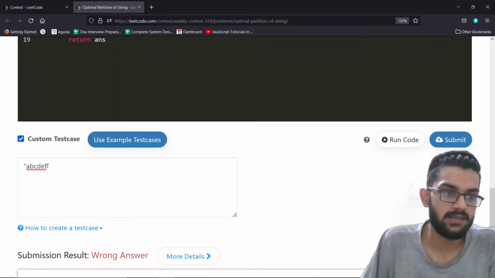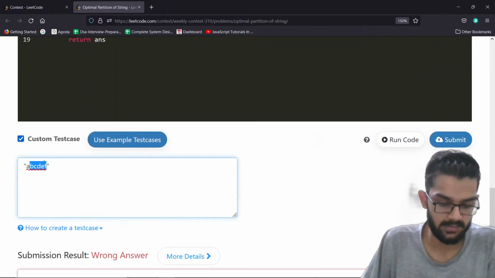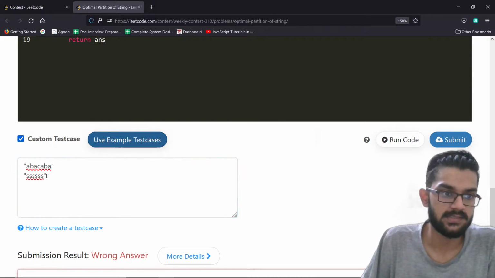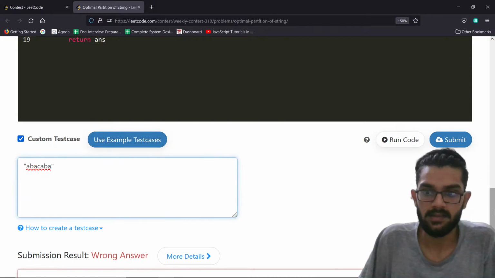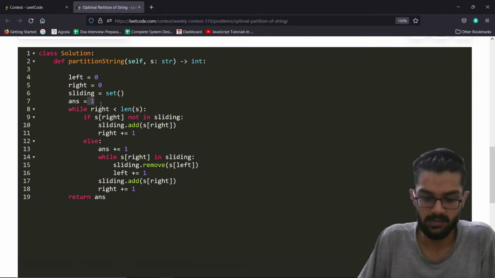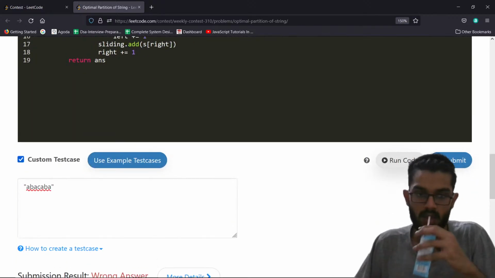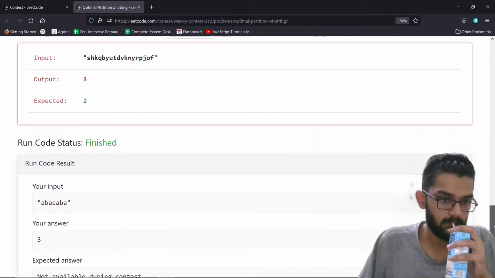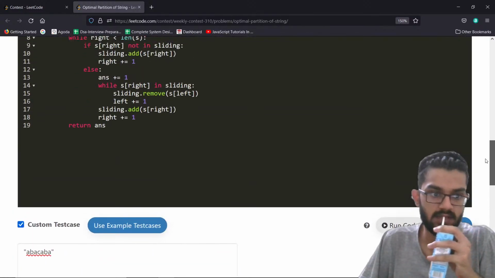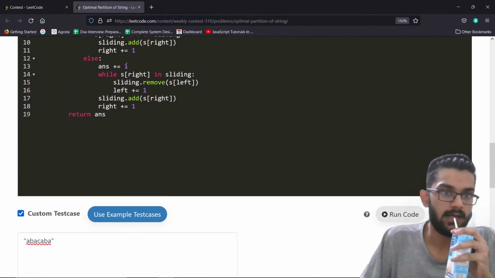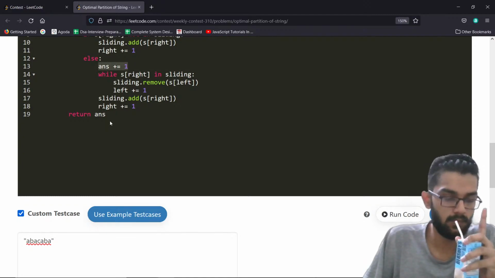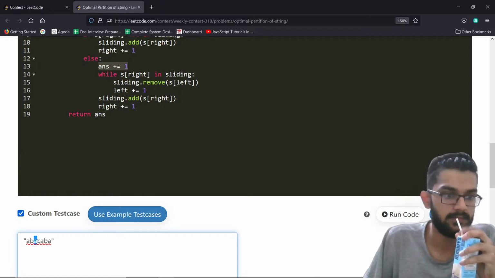Okay, what was happening in that case when we had something like use example test cases? Why do I need to do answer is 1? Why do I need to do that? Let's see. Run the code. Answer is 3 because answer increases there once when I'm at A. So right now the sliding has only